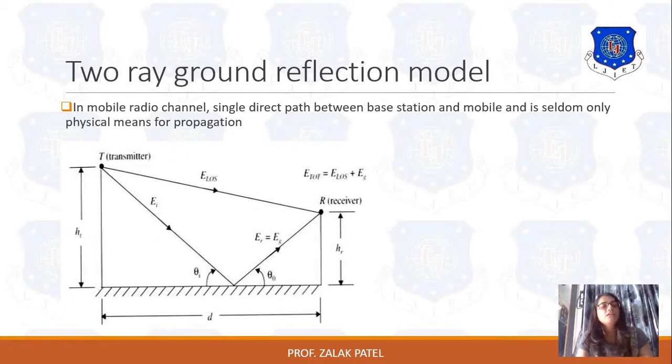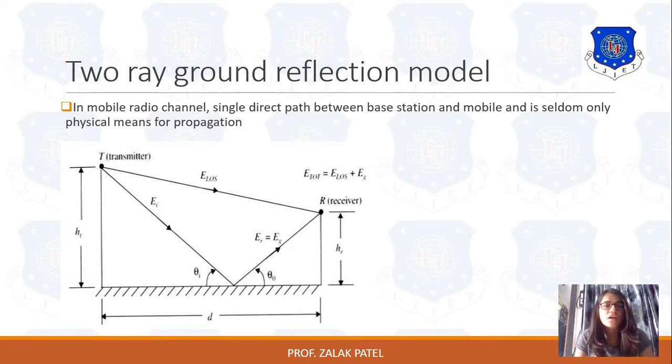Now when an obstruction is present in the path, like over here, the path will now be like this. Please see the figure: from the transmitter to this point and from this point to the receiver, the whole path is divided into two parts. The first part is over here, E I, and the second part E G. E G means ground field strength. So over here the total field is the addition of two different field components.